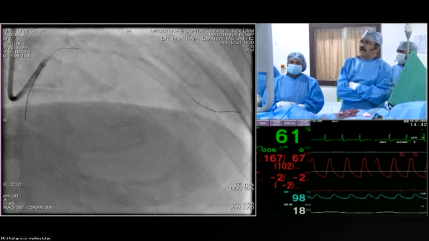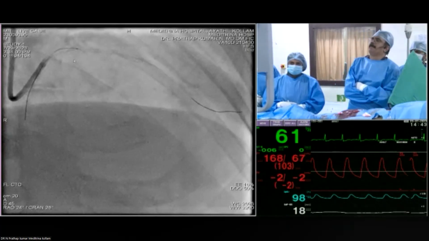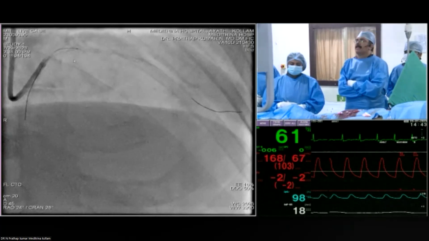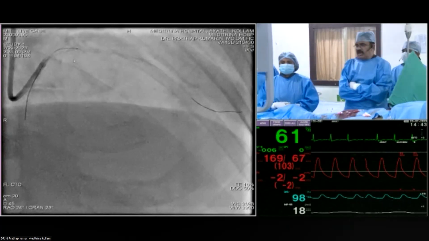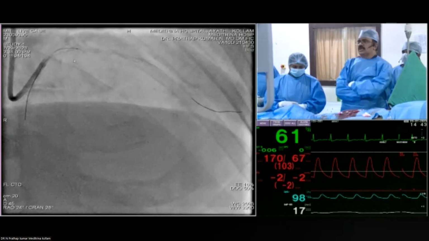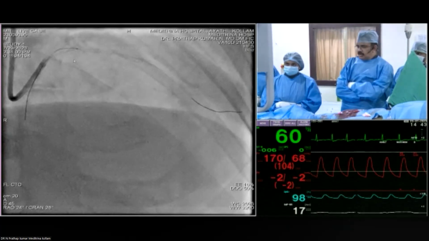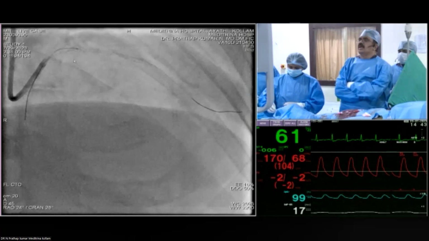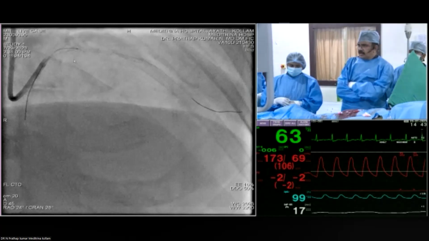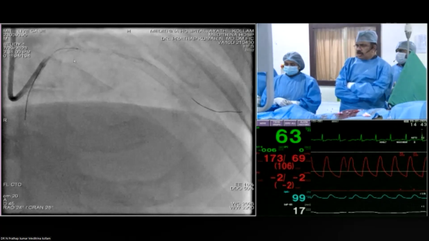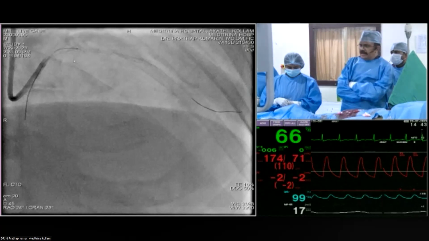Yes, that's a good tip, Dr. Pratap. So what are you thinking? What's your strategy going forward? My strategy is to pre-dilate the lesion, then do imaging and go ahead. First of all, I wanted to pre-dilate because I don't think the wire will go inside before doing anything. So my plan is to pre-dilate with a